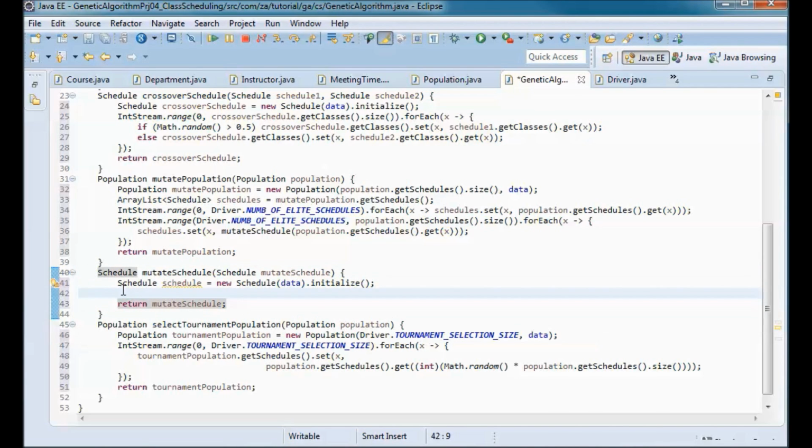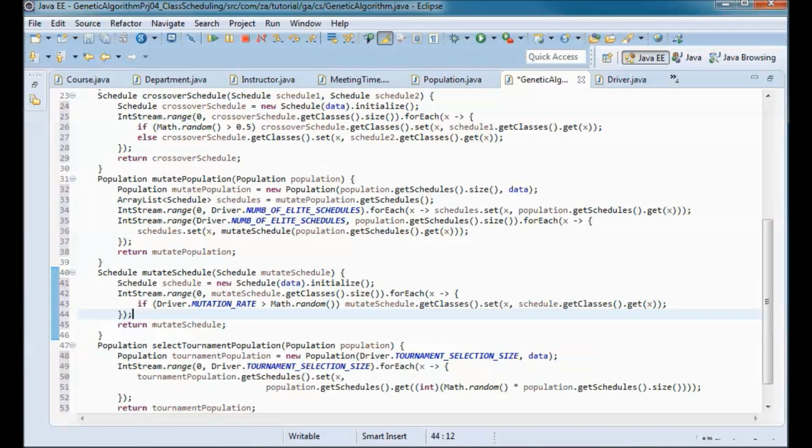And before doing that, I will check if the mutation rate is bigger than math.random, and in that case I will do mutate schedule, the one that we will be returning, get classes set, and I'll set to that schedule that we instantiated here.